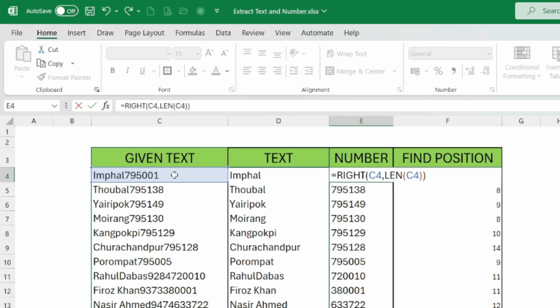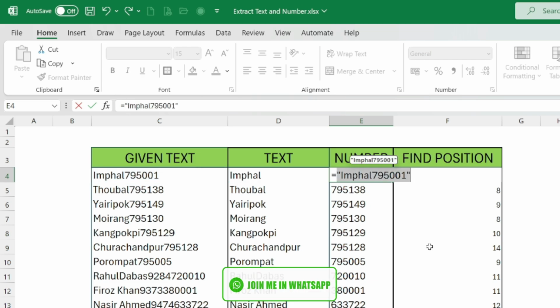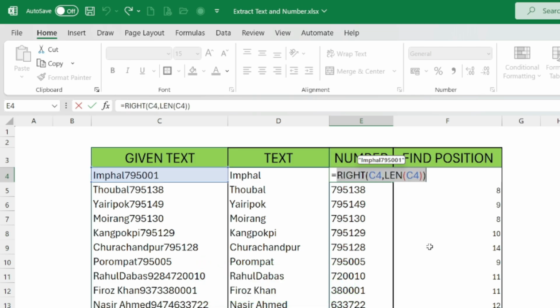Just to understand what results it gives. Imphal 795001, still the same thing, we are just copying the text here again. Okay, so undo it, Control Z. From here, how many characters do we want to deduct? We need to deduct the position. So what is the position? We can find out